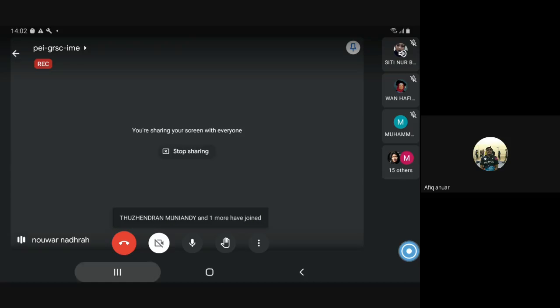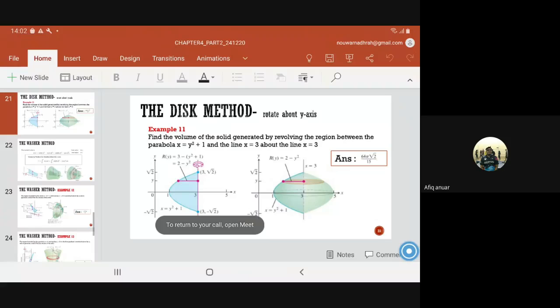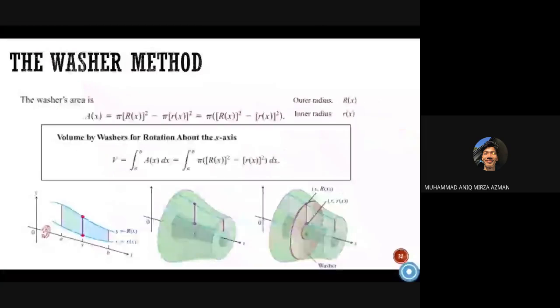Semua dengar ke? Clear tak? Kelas, you all dengar tak? Dengar doktor. Clear. Right. Okay, so